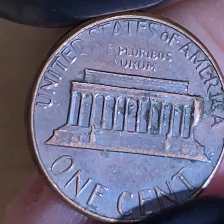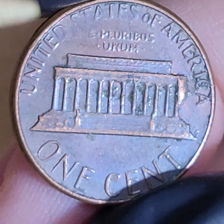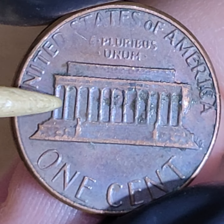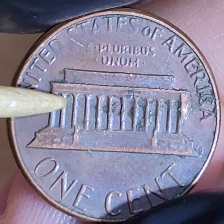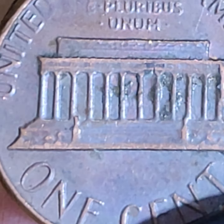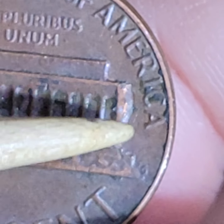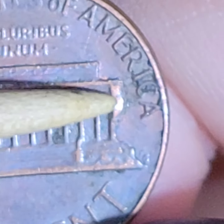It's so funny that we found this one, because I was looking at a similar one on eBay the other day. So the beehive error is when there is a die chip or some deformity of clad or copper in the very first bay between the first two columns on the Lincoln Memorial. So that's a beehive. But another beehive that I've seen, because remember, beehives grow on the sides of houses also, is this one. I'm going to show it to you on eBay right now. But I have to tell you, they do not look this nice, the ones they call beehives,